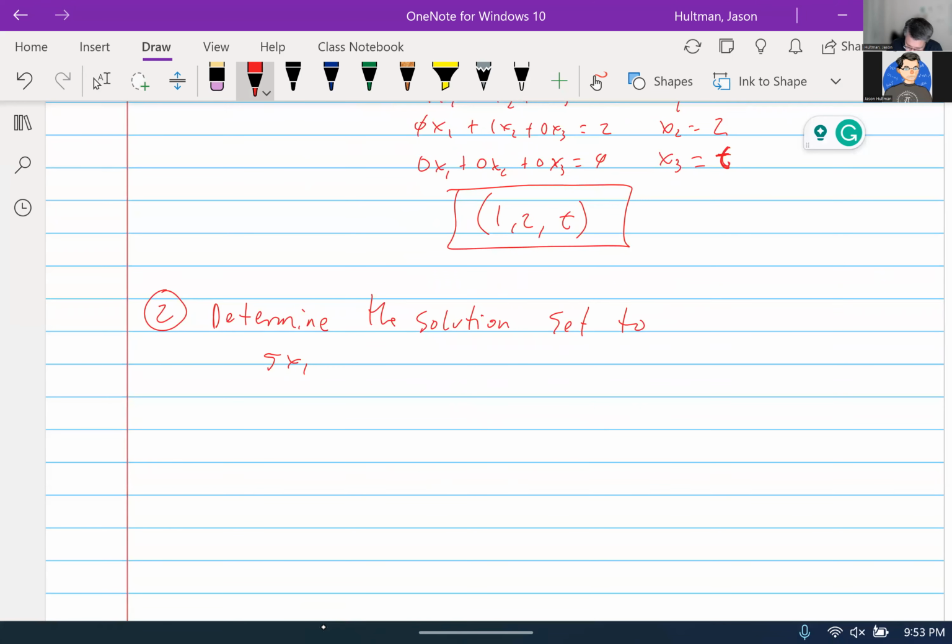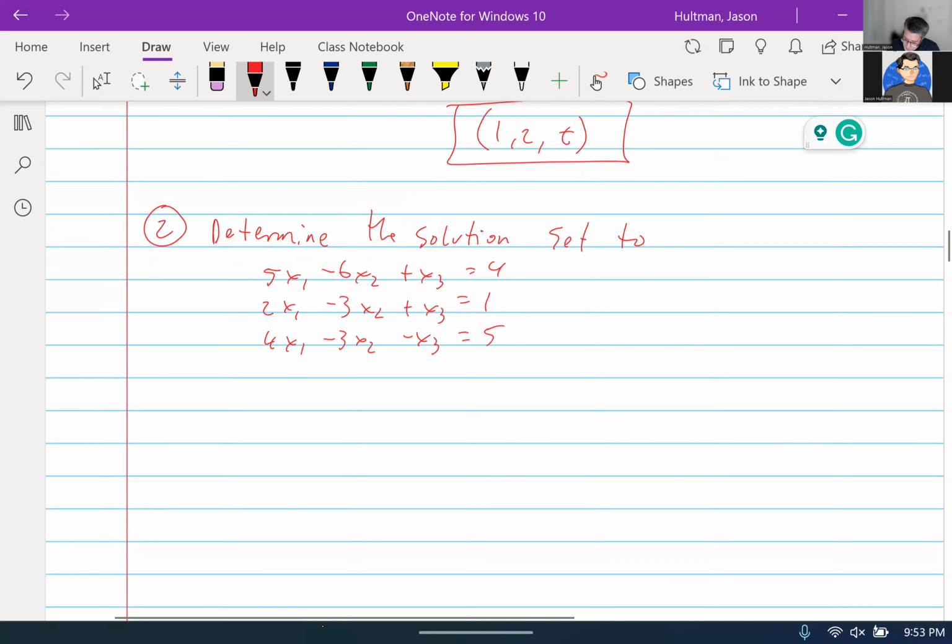5x1 minus 6x2 plus x3 equals 4. 2x1 minus 3x2 plus x3 equals 1. 4x1 minus 3x2 minus x3 is equal to 5. Okay, let's set up our